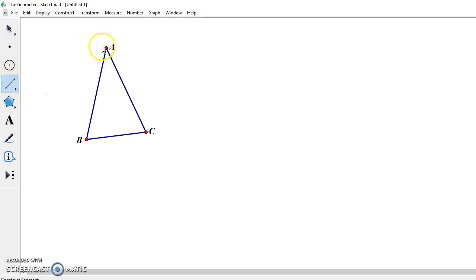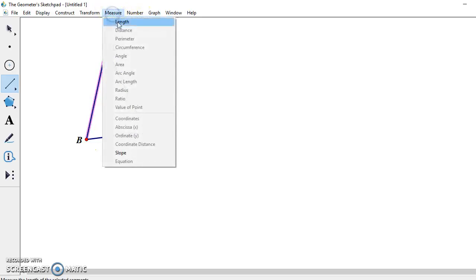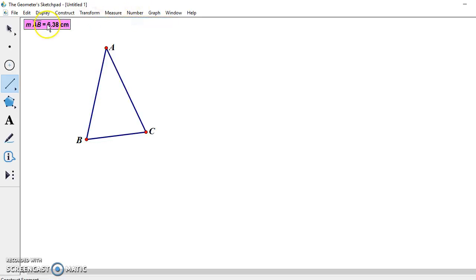Now, if I want to check if my triangle is isosceles, I can measure the length of AB using the measure menu. I can do the same thing to the other side, measure length, and I see that both sides have the same length,